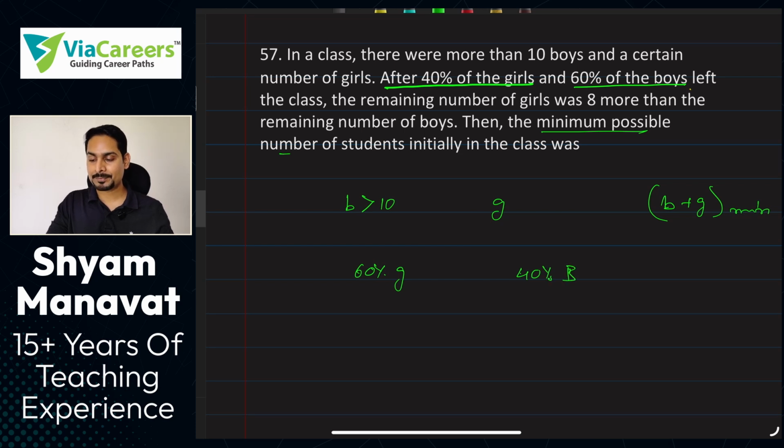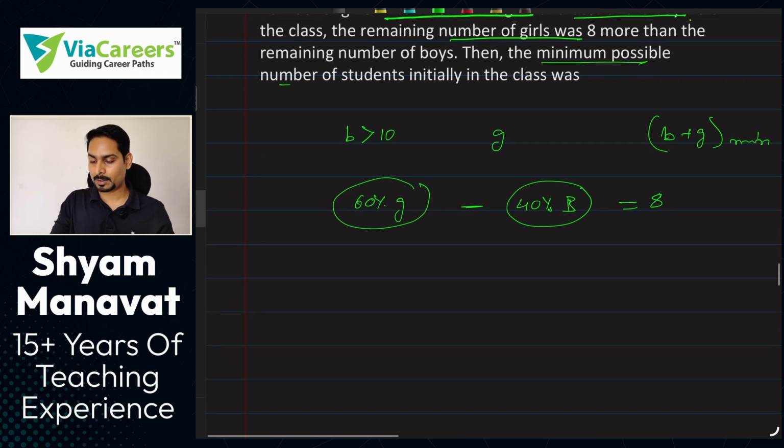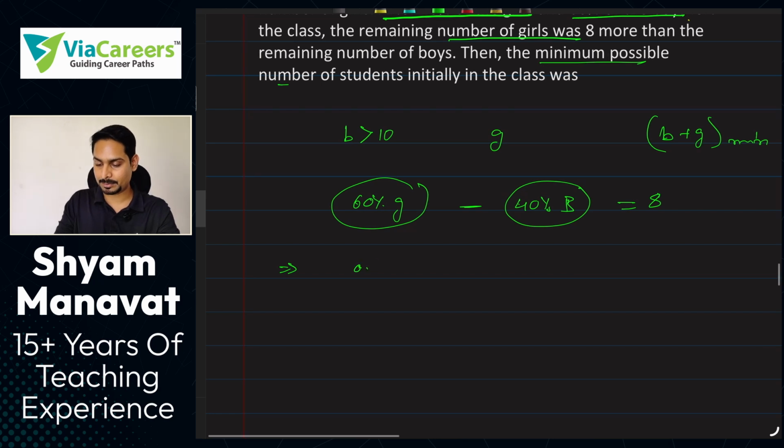Now the question said the number of girls is 8 more compared to the number of boys left, so the difference is equal to 8, right? Or we can also simply write this equation as 0.6 G minus 0.4 B equal